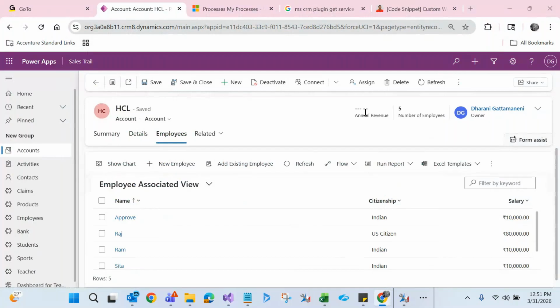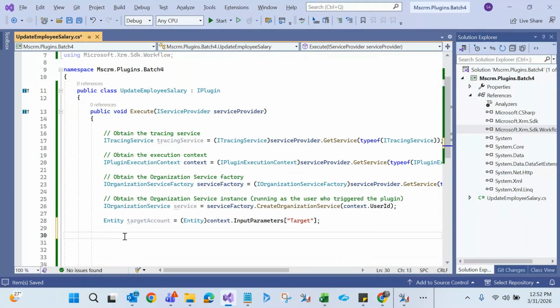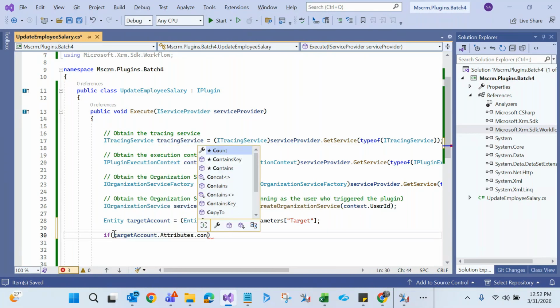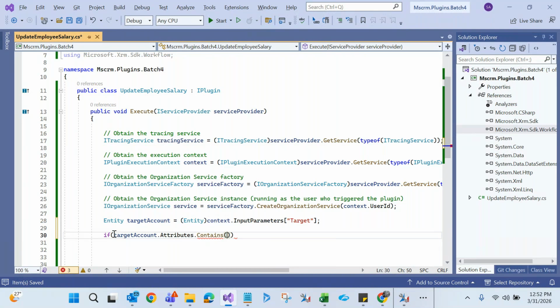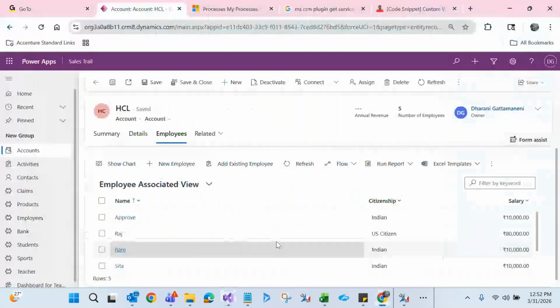To check that, you need to write an if statement: if target account dot attributes dot contains, open close,